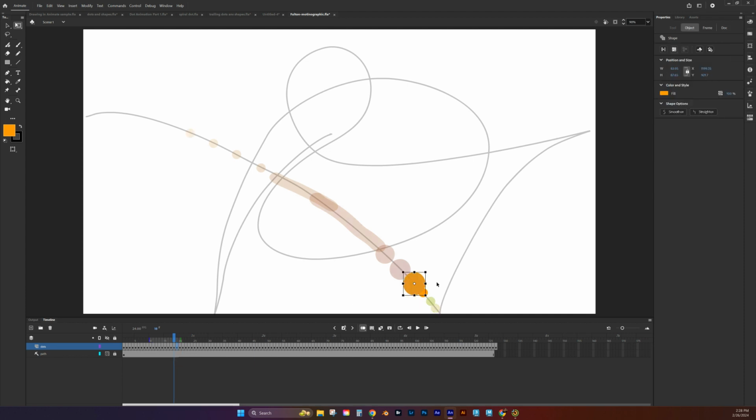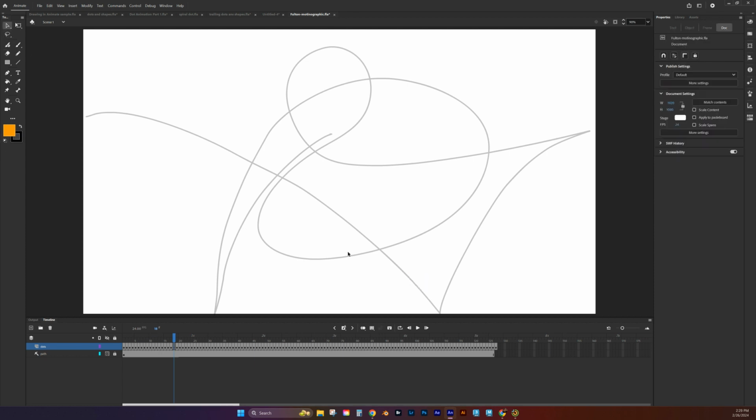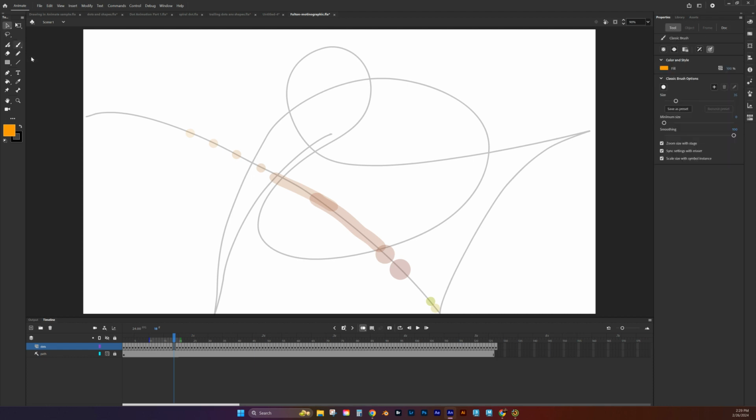So I noticed a little mistake right here. For instance, I've got this extra bit that I don't need. And so I can take an eraser on this and erase a chunk of that out of here. And so I don't really want this here. And so I'll select it. And with my eraser tool, I'll make sure I have the right options selected here. I want to erase fills, and so I'll choose normal. And I'm going to tweak this just a bit and create a new dot. So I don't like how this one was, so I'm going to turn my onion skin back on, create a new dot right here,